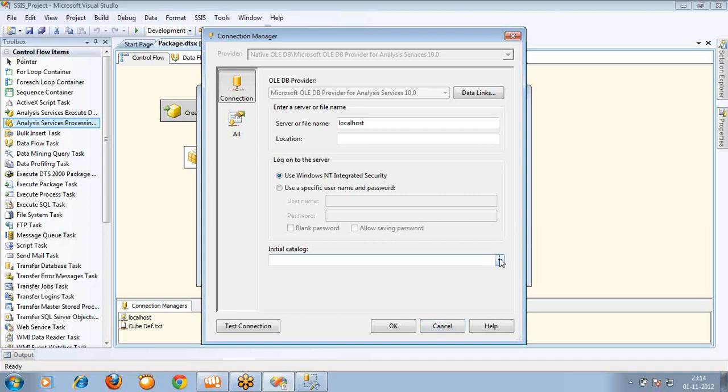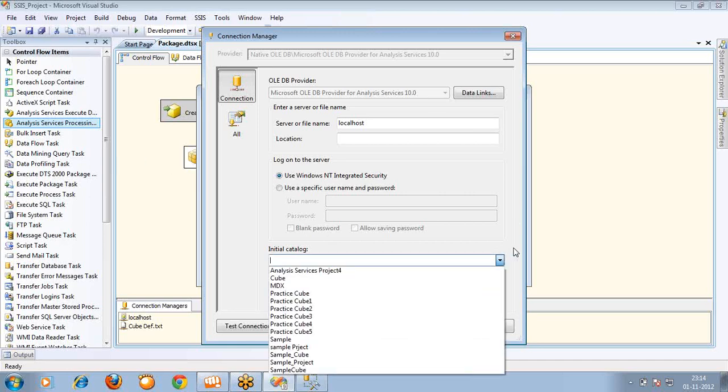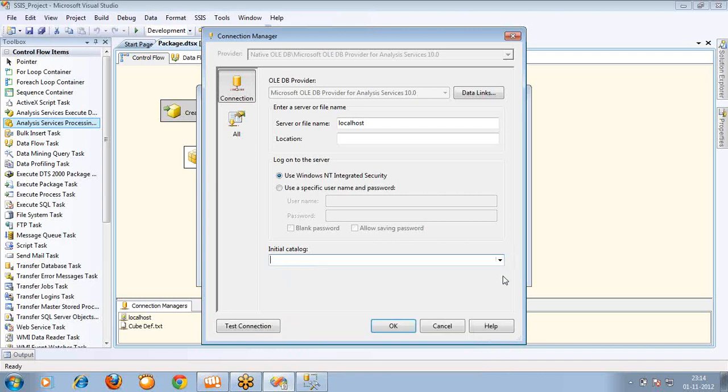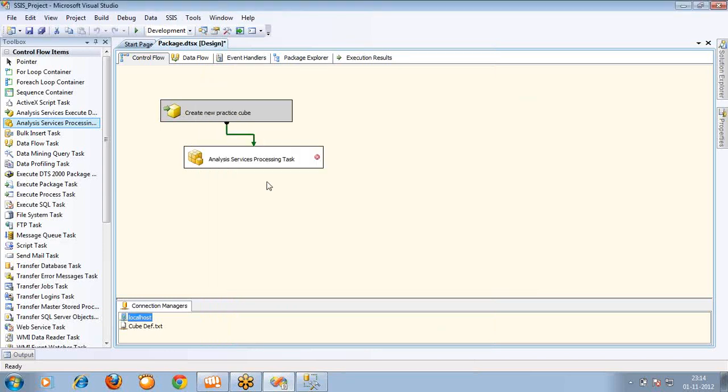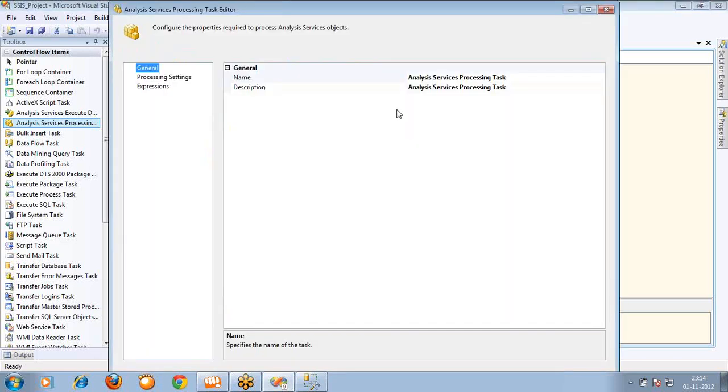So what it will do is, if I use this connection in the task called analysis service processing task, then it will take the default database that is available. That is the first database available in the SSAS server. That is not the exact requirement I'm looking for. I want to process the cube with the name practice cube file. So I'm renaming it